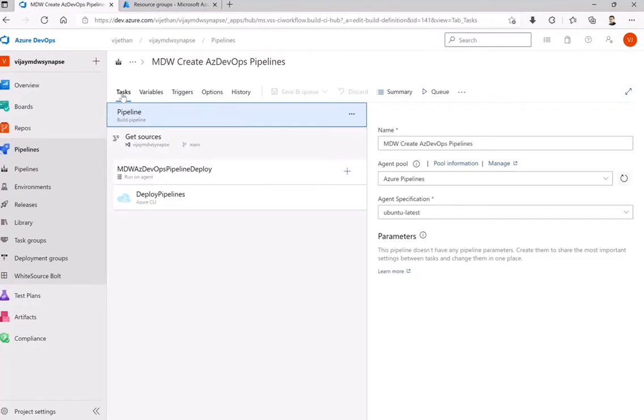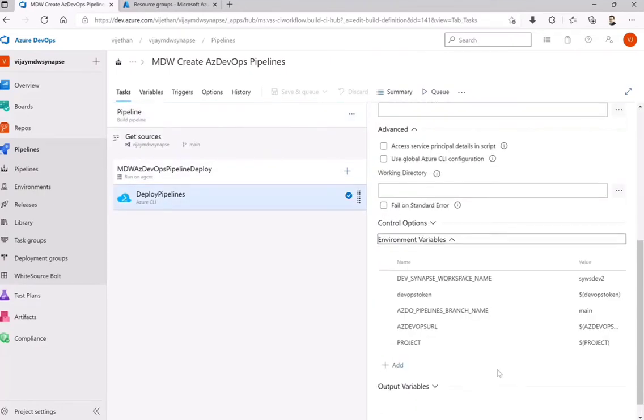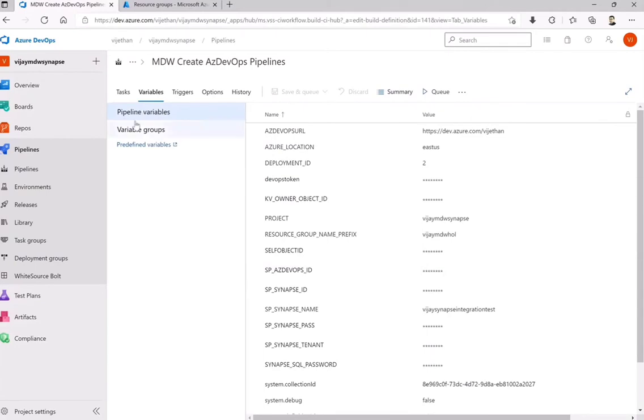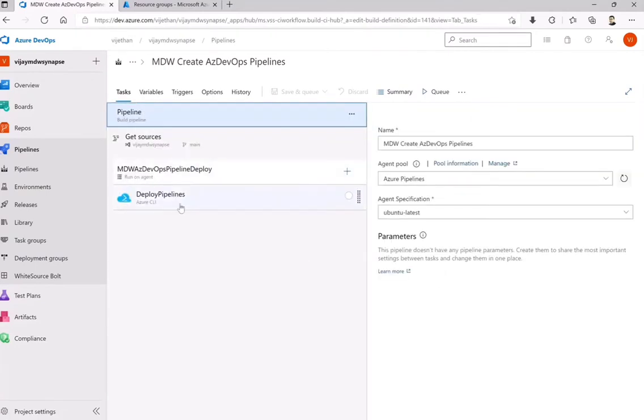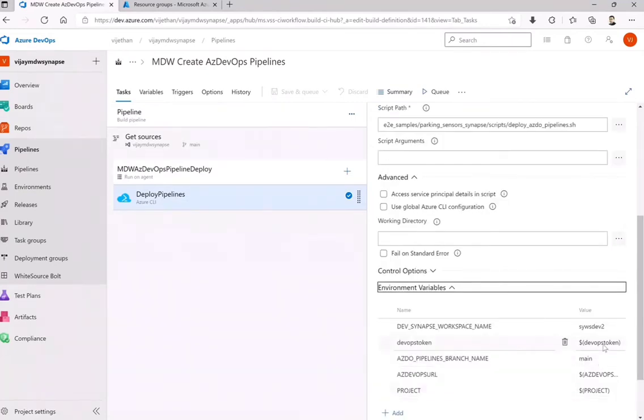Similarly, if you are passing something as part of variables, you will see it in the environment variables. Now here, I was just copying that directly from the variables, but here you can override them if you want to, which I've done here. Or you can just copy exactly the same, that means just mention that same variable here, and use them in the task whichever way you feel better. There are different ways of doing that, which is the reason I kept this in a simple shape and format.